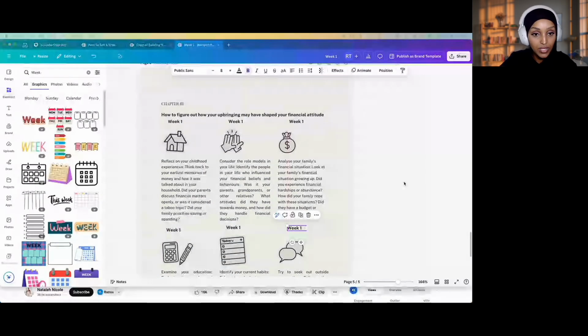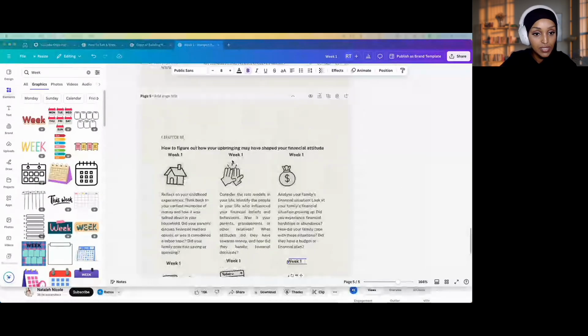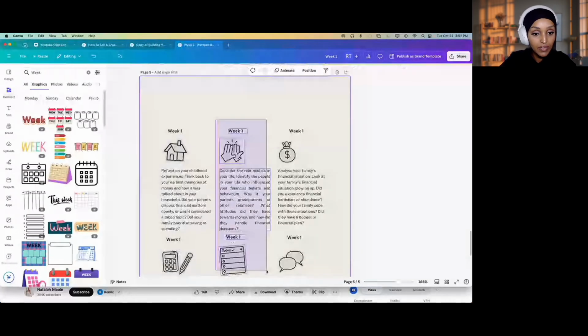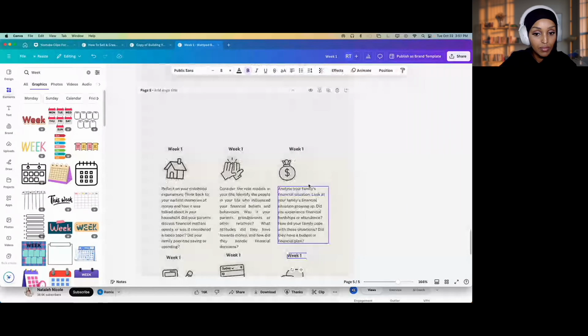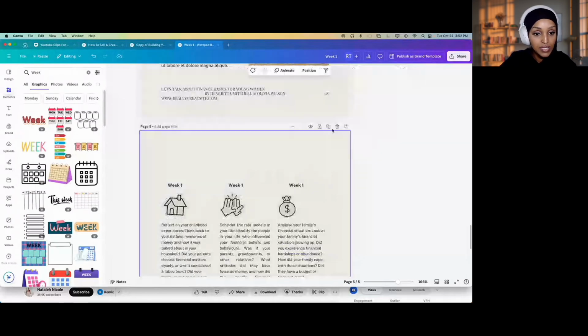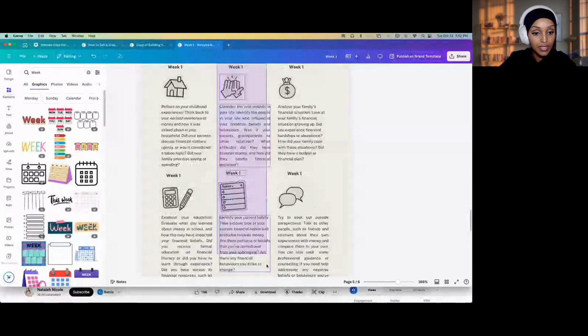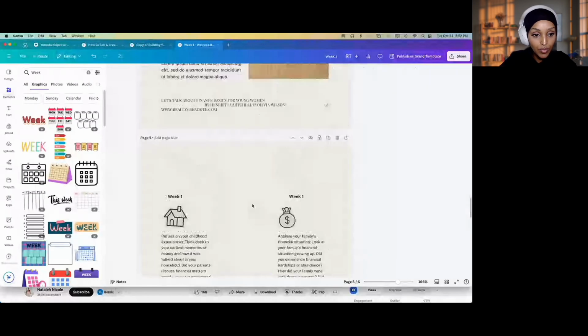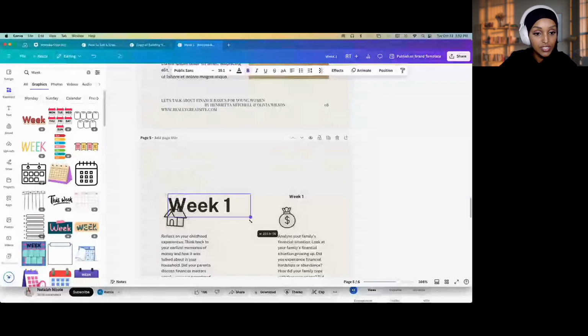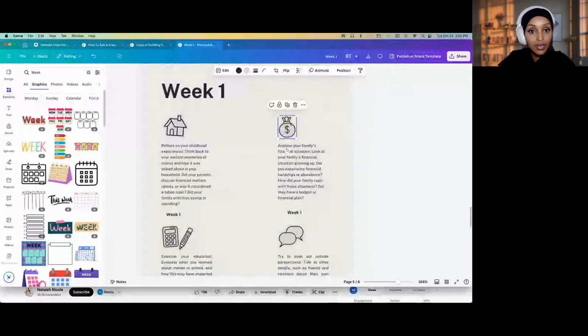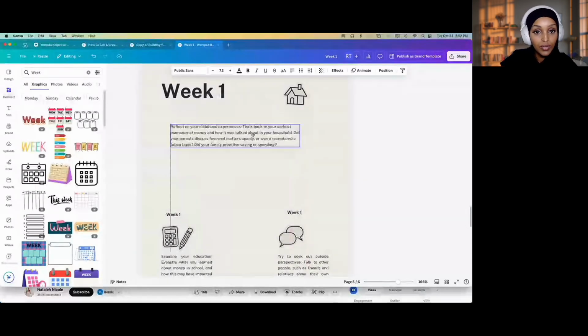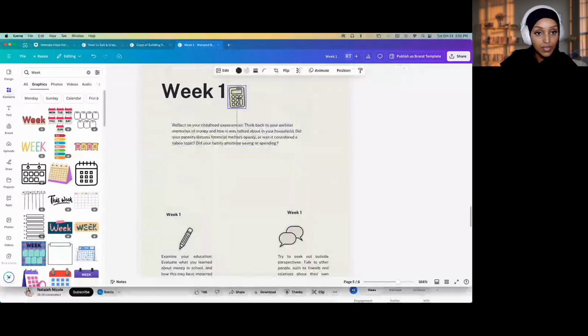Now we have like only 4 weeks, so I might change some of these. Take this, delete this. I'm going to definitely change this. I might even like, do I have this duplicated? So I'm going to duplicate this so I have the graphics and then get rid of maybe this part here. So I only have 4 weeks and this is literally a lead magnet. So it doesn't have to be crazy, or you can actually make it just like 3 pages if you want. So I can make this week 1 and this is literally how easy it is. And I might just keep these ones, right?